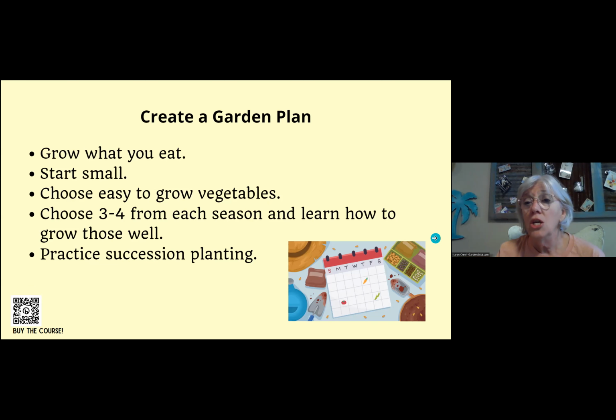Okay. You can also do succession planting by choosing vegetables that have different maturing dates. For example, with your tomatoes, you can choose a salad tomato that matures in 65 days. Then you can choose a slicing tomato that matures in 85 days. Then you can find an heirloom tomato that matures in 120 days. So that way you have early access to some little salad tomatoes, and then you will have tomatoes growing all through the season. And generally tomatoes will last up until frost kills them. Mine last year were in the garden up until